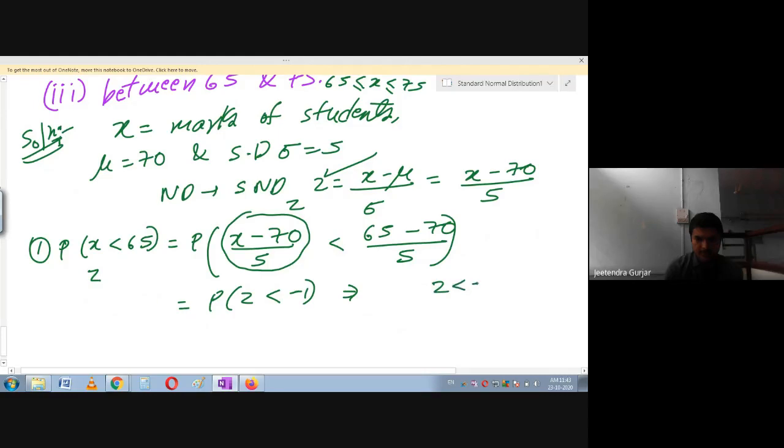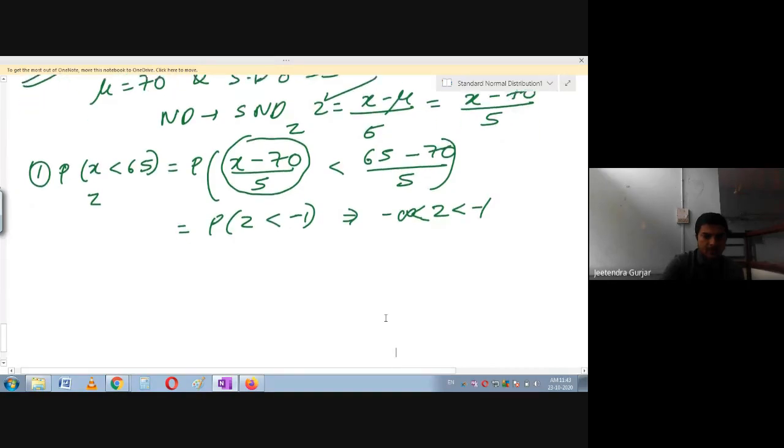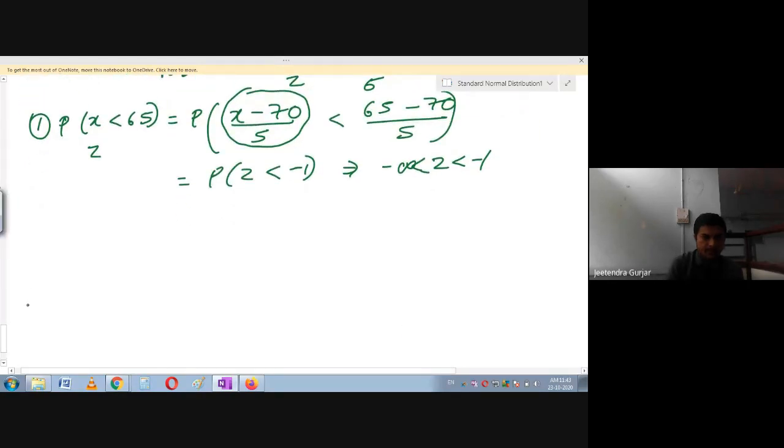See, z is less than minus 1 means definitely the lower limit is not given. Please remember, then you are going to consider this as minus infinity. So where does our normal distribution curve lie, students? Yes, I'll draw it here in the graph. You can see the bell-shaped normal curve. Please remember, every time I'm writing this, even in the exam, everyone please write this down, very important, because marks will be distributed. So I'm going to fix our minus 1, which is on the LHS side.